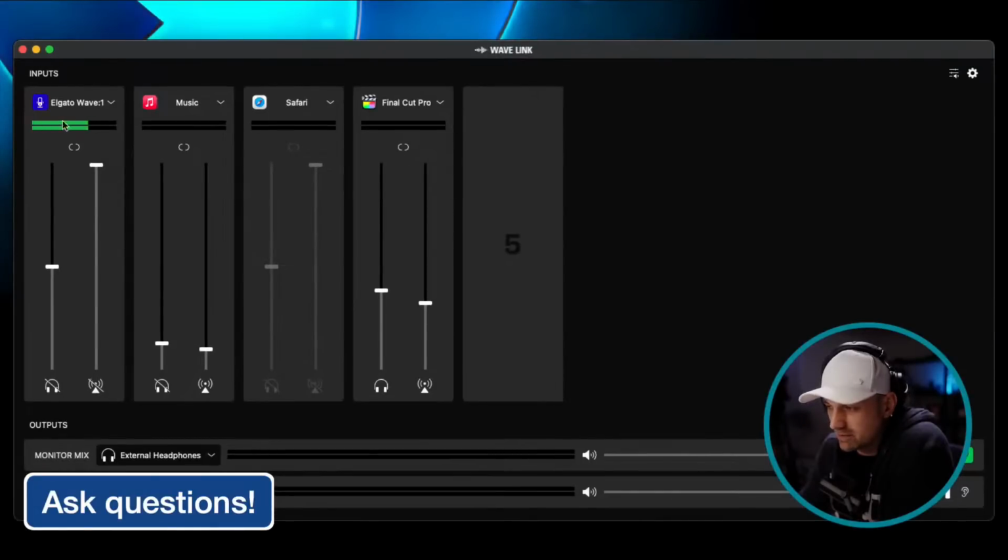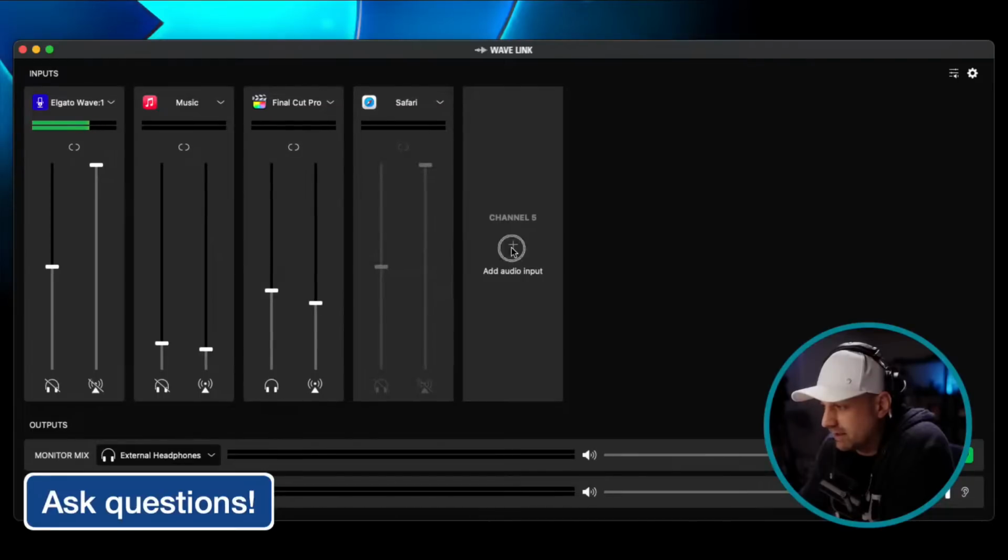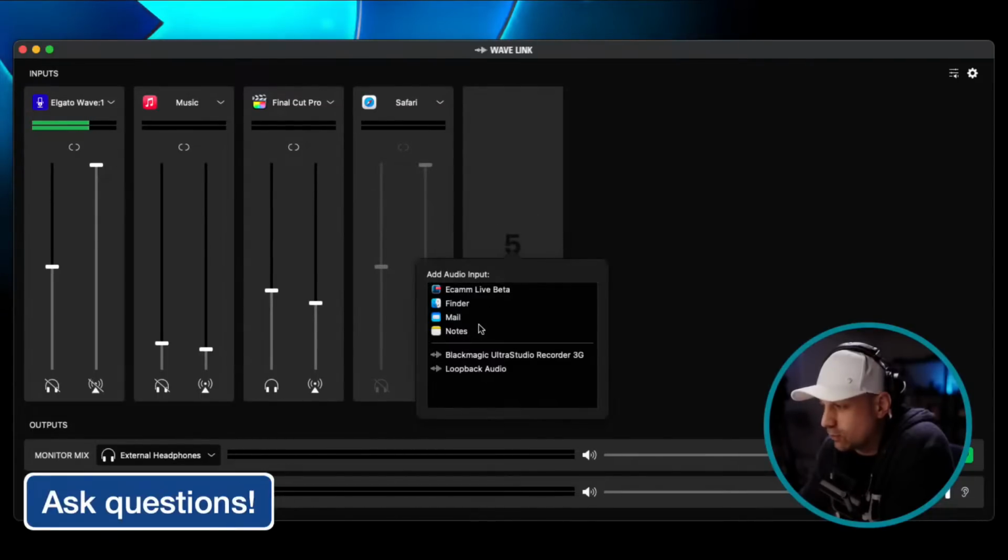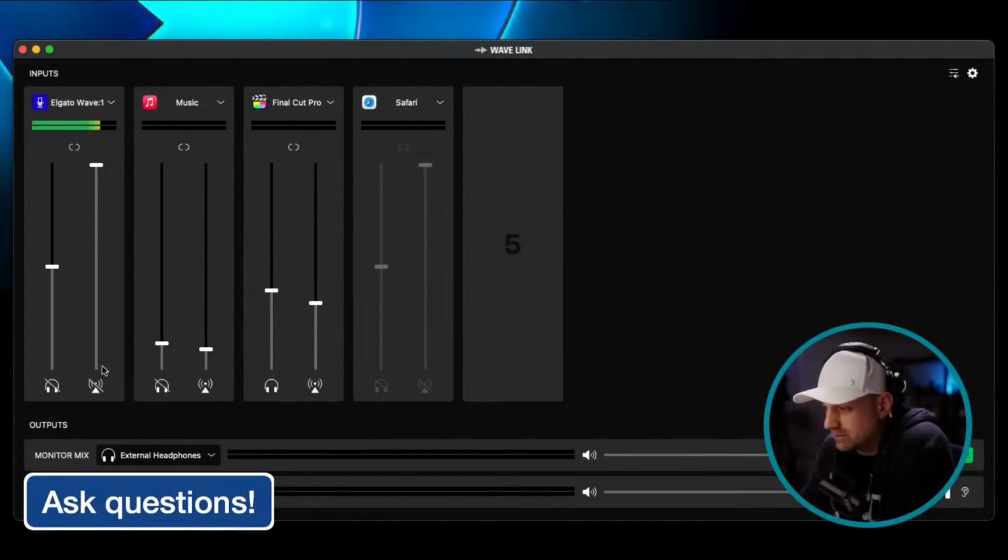You can put your microphone, music, Final Cut or any other apps that are open at the time, and then you can choose what goes to your earphones, what goes to the stream, and then in Ecamm,